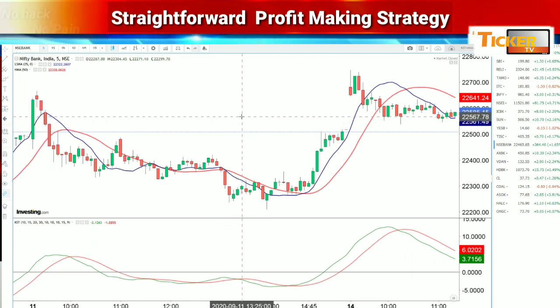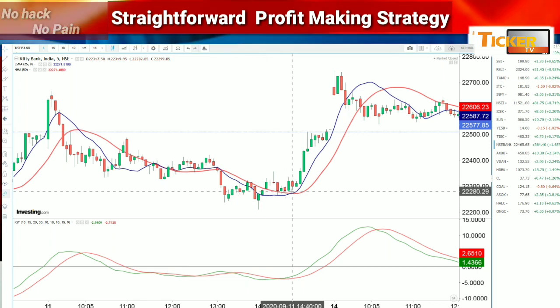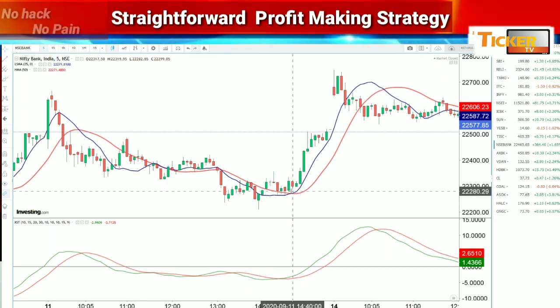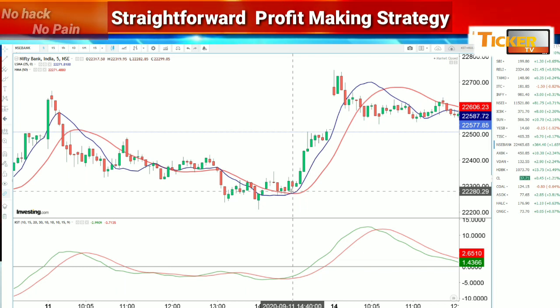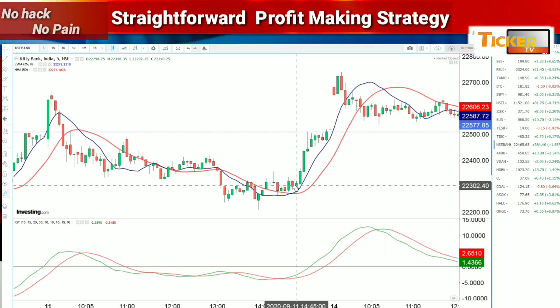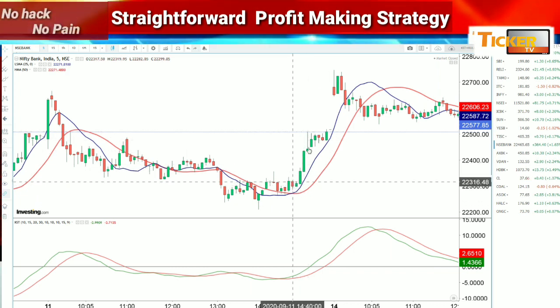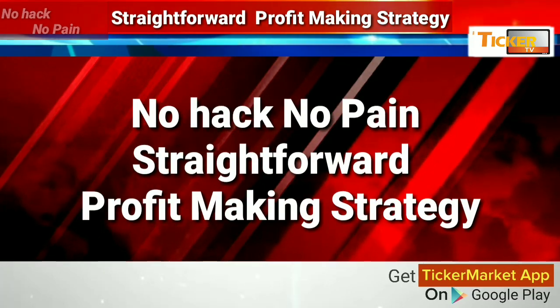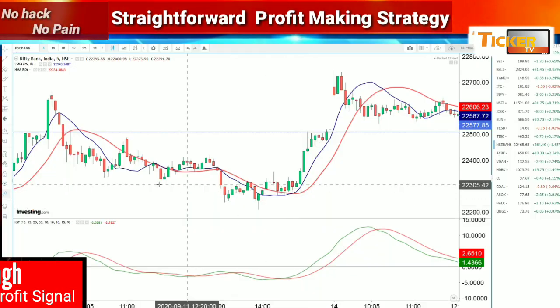So let's get back to some different dates, and we see there is a crossover coming around 2:40, and at the same time the crossover came on the KST as well as on the moving averages. It's quite simple. The crossover came around 22,300 and it went up to 22,500. So almost a 200 point jump for intraday traders. It's like juice.